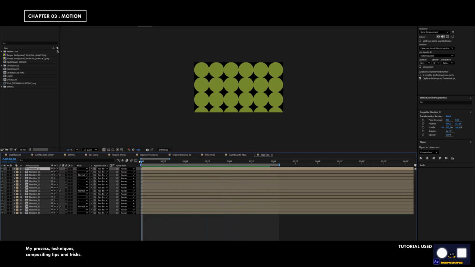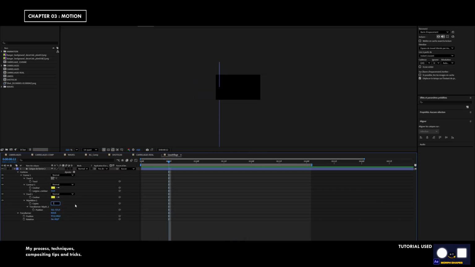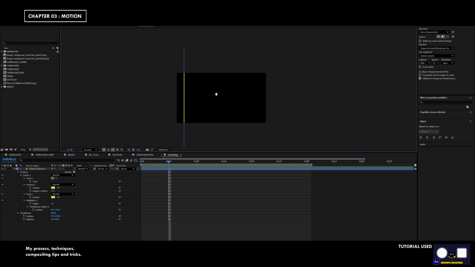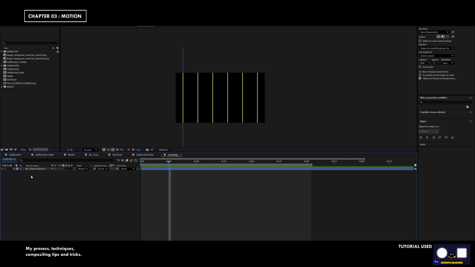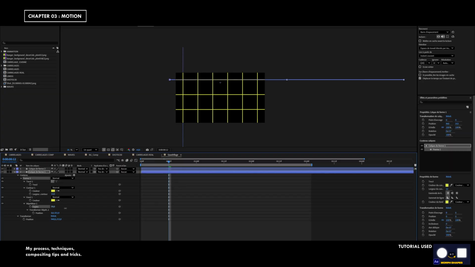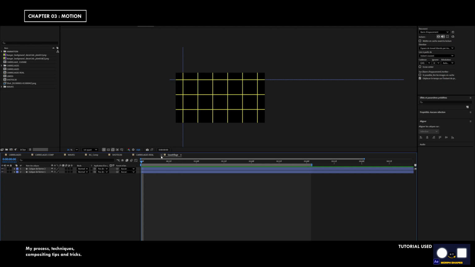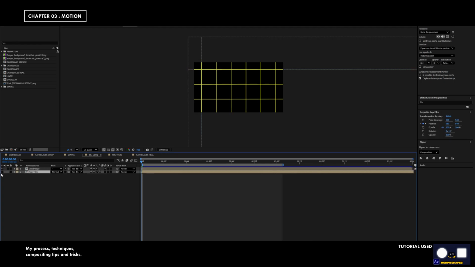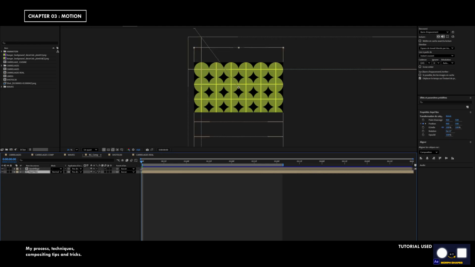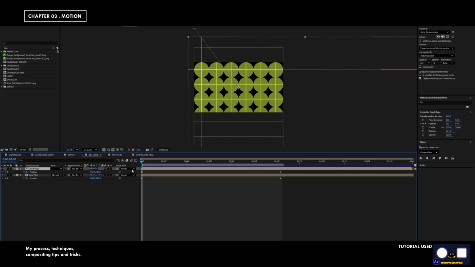Our morphing rows are done. Let's add the grid. In a new composition, I traced a horizontal line and a vertical line with the pen tool. I duplicate these two lines by using the copy parameters available for shape layers. I made many copies, knowing I'd move the position of it later. In a new composition, I'm putting my rows in my grid, and I animate their position to make them move